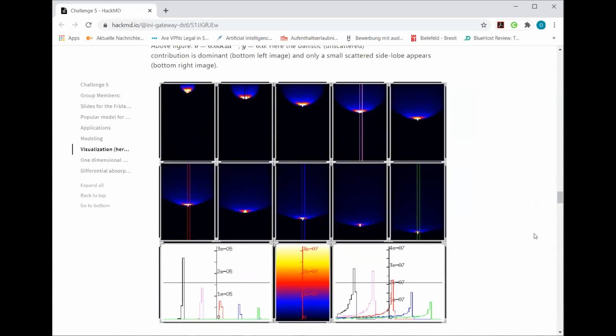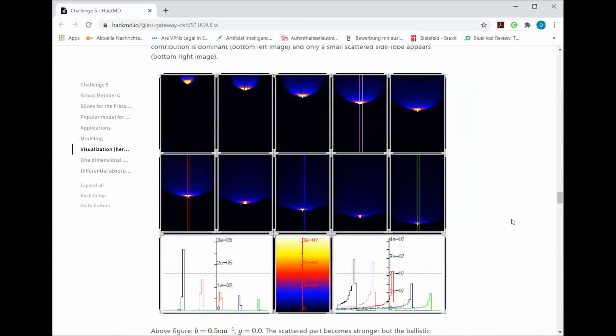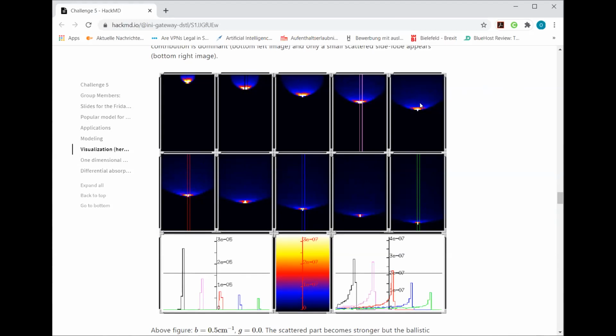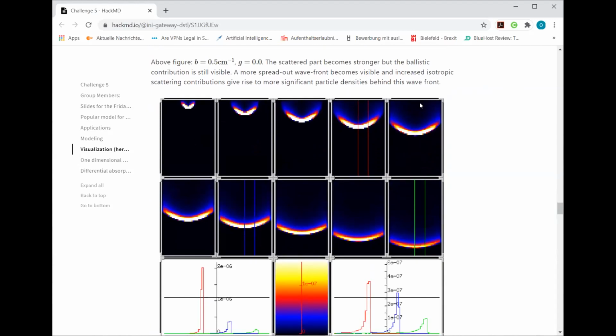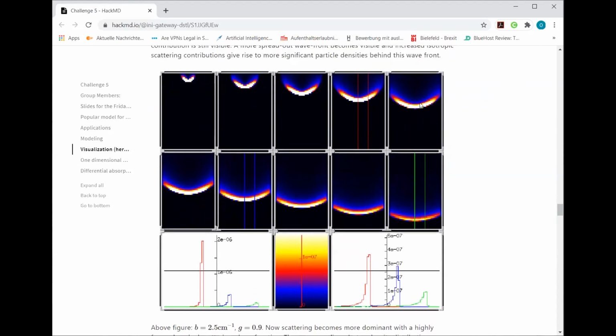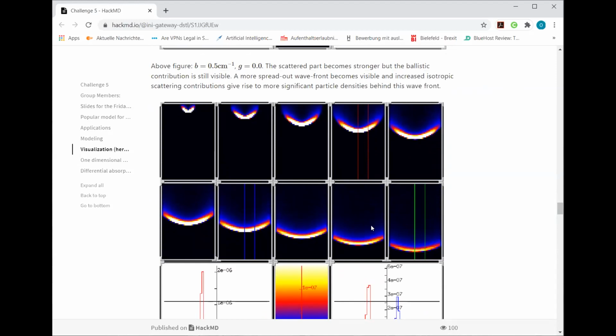Now, if you increase the B, so the number of scattering events, the probability of being scattered, the number of trees, if you wish, or the foliage, you see this wake becomes stronger, scattered light becomes stronger. If you use a certain combination of B and G, which is highly forward peaked, actually it becomes